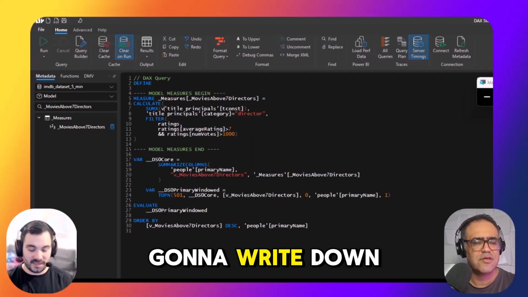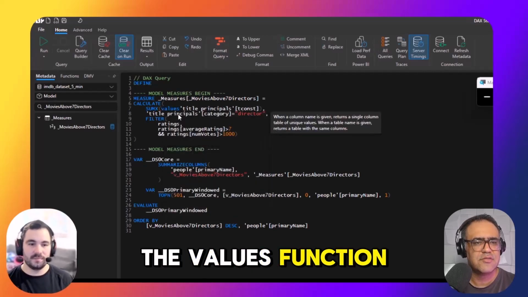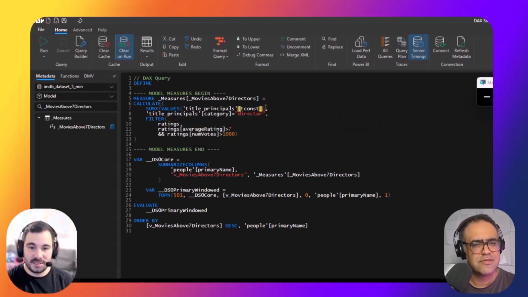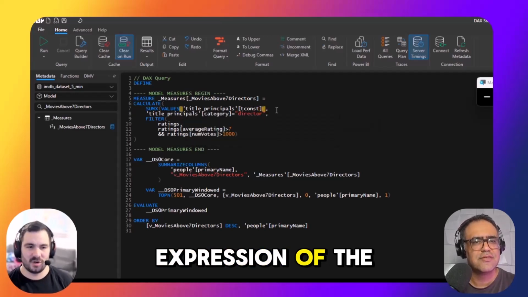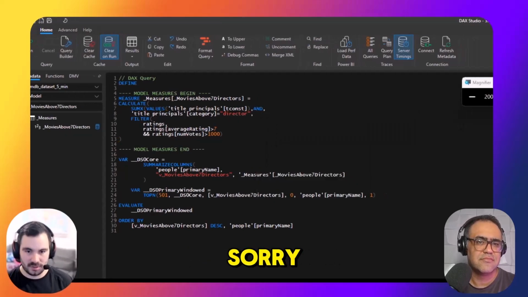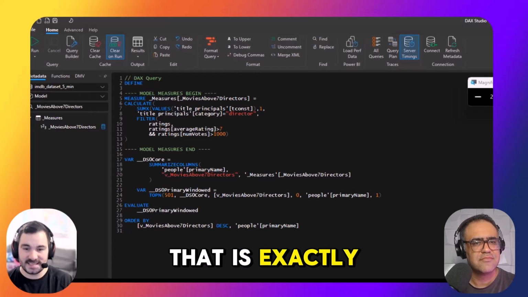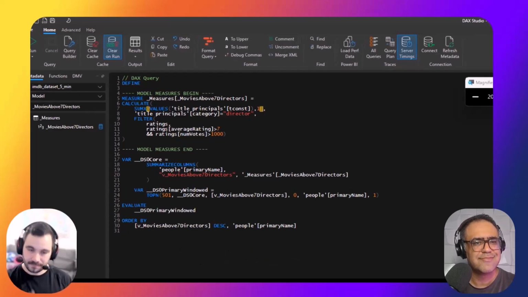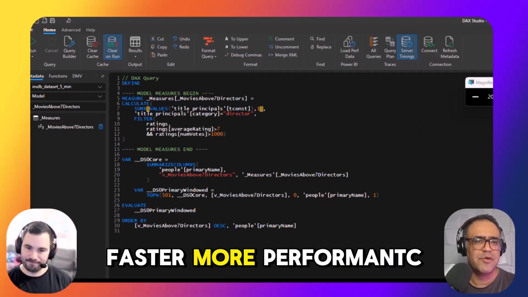And now we're going to write down the VALUES function, which will return unique values for this column. And for the expression of the SUMX, we use 1. So that is exactly the same thing as the distinct count. And it's faster. More performant.